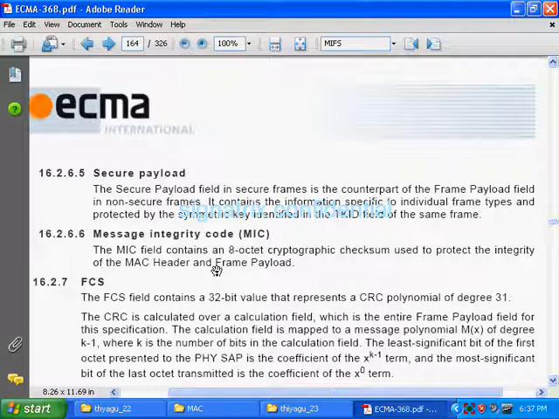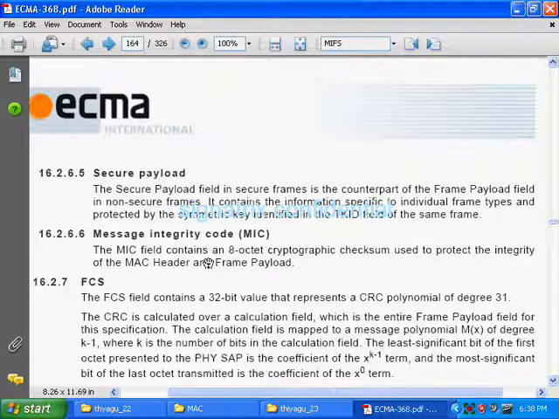The MIC field contains an 8 octet cryptographic checksum used to protect the integrity of the MAC header and the frame payload. A checksum is like a CRC, and this MIC also will be encrypted.